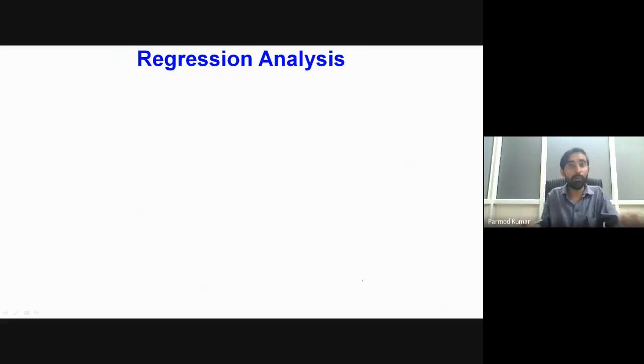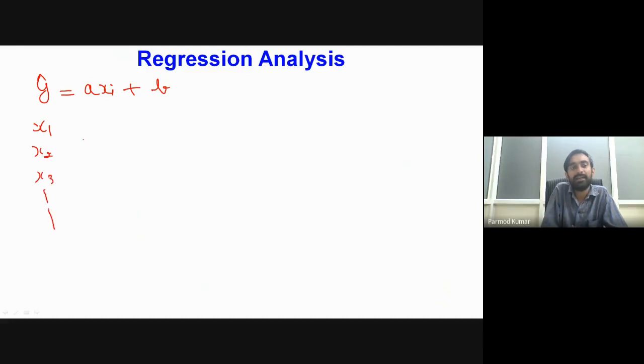Now, one important thing you have to remember while applying this regression, y cap equal to a x_i plus b or the quadratic one: we are considering our x as some known quantity, and with reference to that x we are trying to relate the value of y. So here we have a two-dimensional data set, x1, x2, x3 and corresponding values y1, y2, y3. These x_i, y_i are our primary measurement variables.